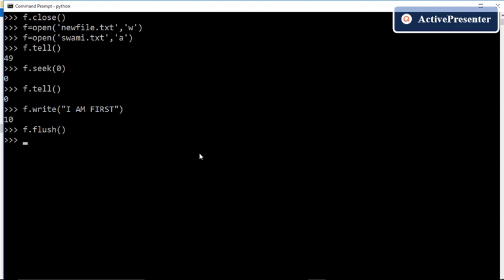Now let us proceed with another mode, that is X mode. X mode is exclusively for creating a file. In X mode, if I try to open an existing file, for example showme.txt, with mode X, let us see what happens.